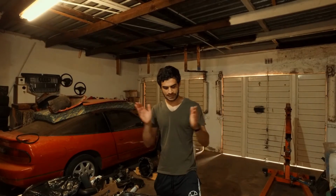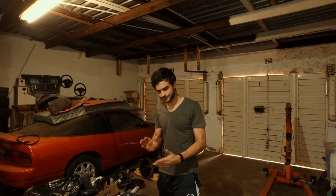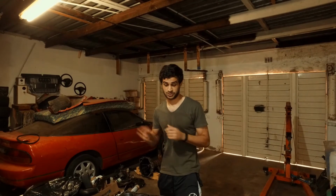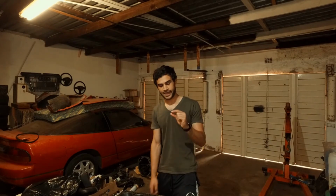But yeah, so yesterday everything started off smoothly. Things were going well until we got to the piston rings. For the first time in my life I decided let's do things the right way. In my previous build I literally just grabbed the piston rings, chucked them on their pistons and shoved them in. This time I was like, let's check gaps, right? So chuck the piston ring in, and I had a